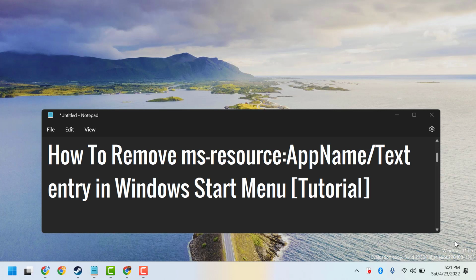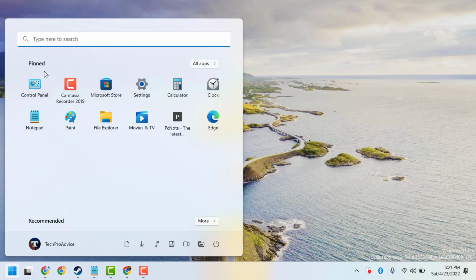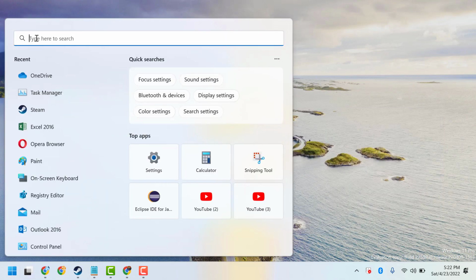Hello friends, in this video I will show you how to remove the MS Resource AppName text entry in the Windows Start menu. To resolve this problem, click on Start, type here PowerShell,